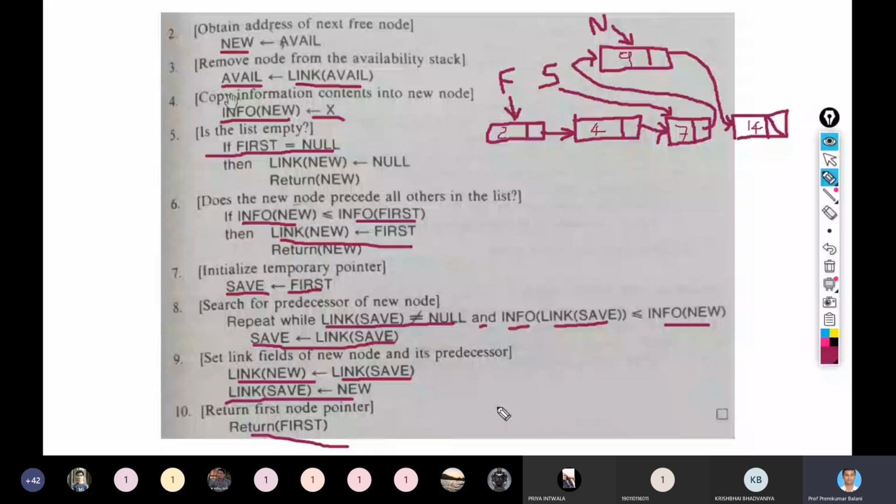Roll number 40. 44. Yes, sir. 51. 54. 7.